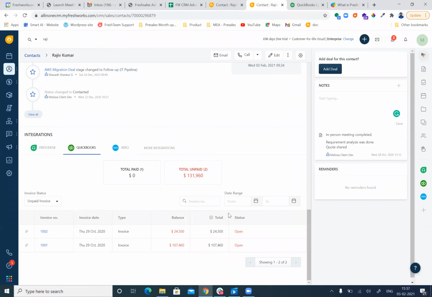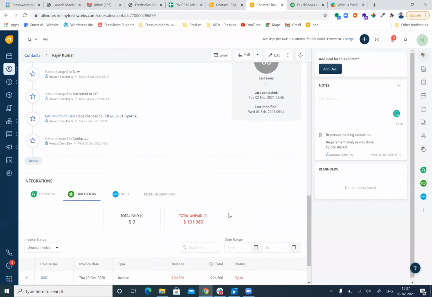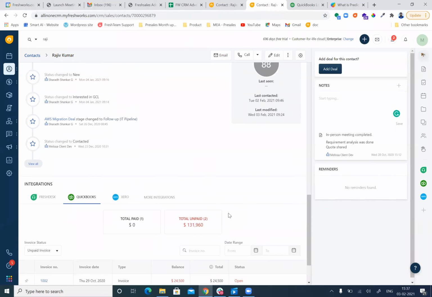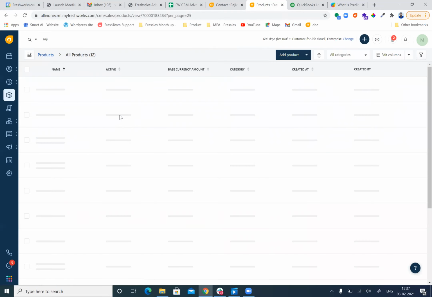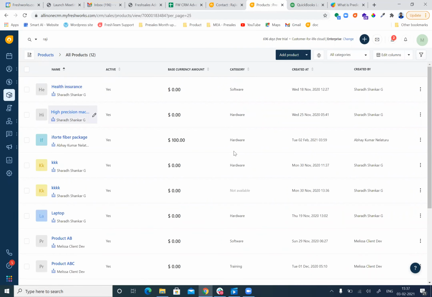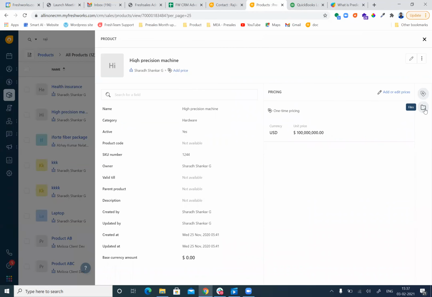Any other questions from anybody? One question. Can you also upload any PDF file to that product function as well? Yeah, of course. You have the product catalog here. For each and every product, you can also upload product-related files, pictures, and all that information against each and every product.